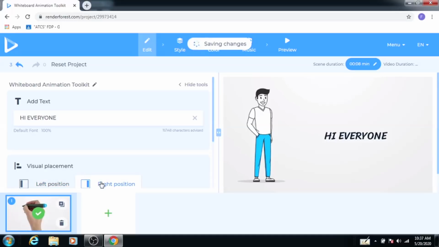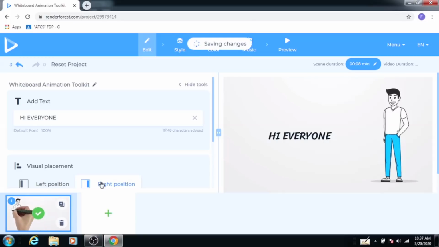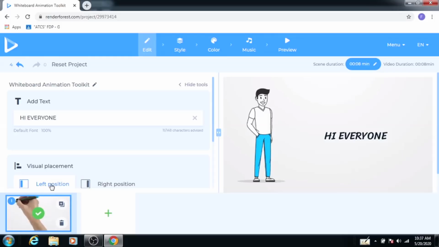If you click here, your character shifts to the opposite direction, and if you click on the left section, your character is in the original position. If you want to add another, then click on this button.